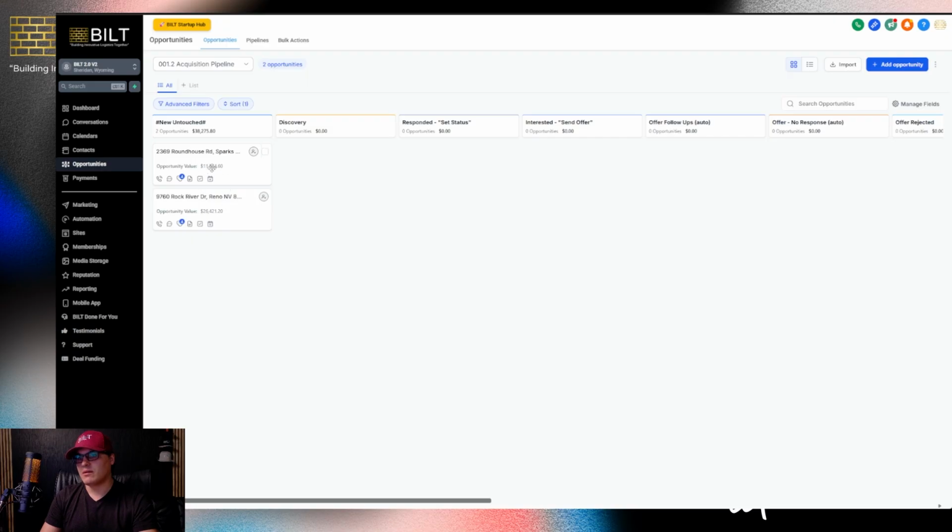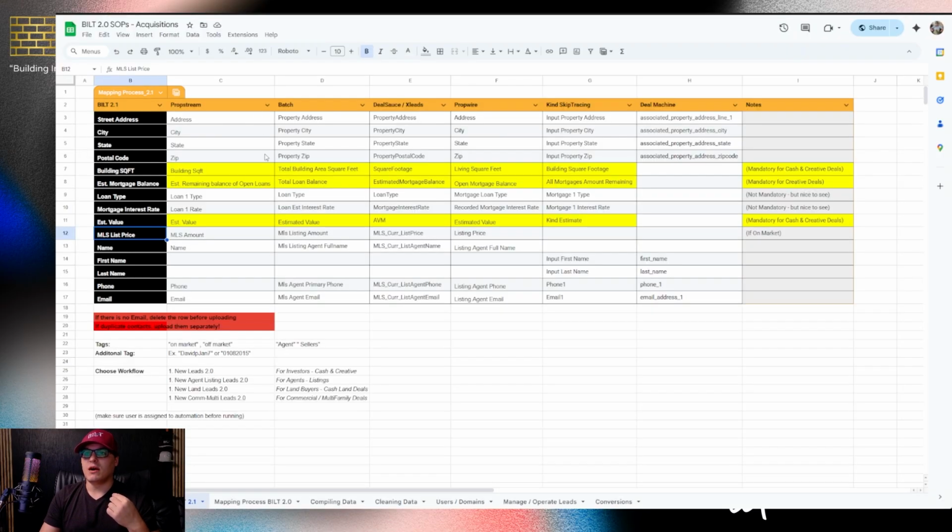If it does not have an opportunity value, you did something wrong, right? If the address is not full here, you did something wrong, okay? If the tags on here are not on market or off market, you did something wrong, right? So keep that in mind. Make sure you're putting the correct tags. Make sure you are actually mapping things correctly. Again, use the help of the mapping